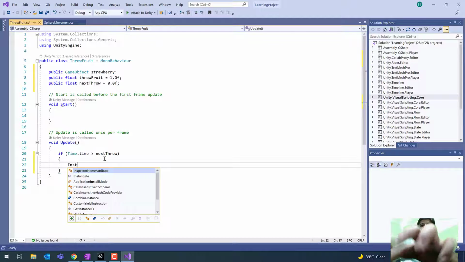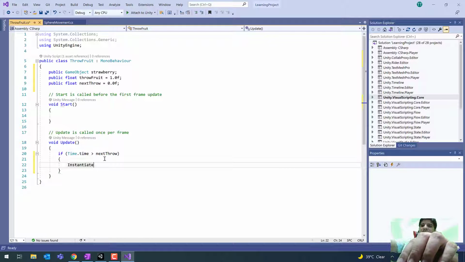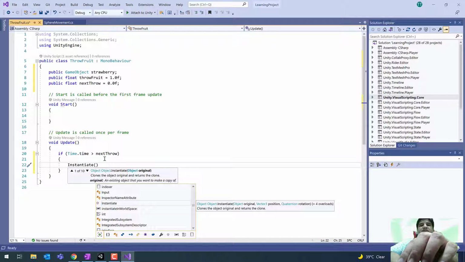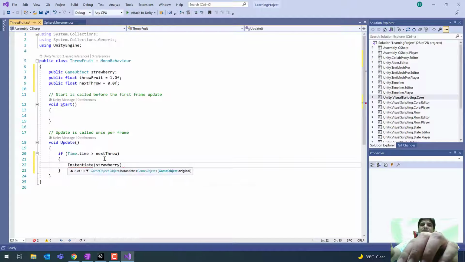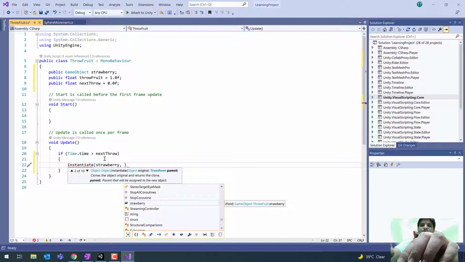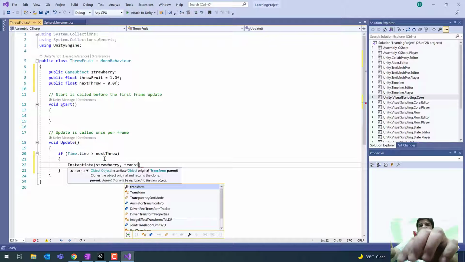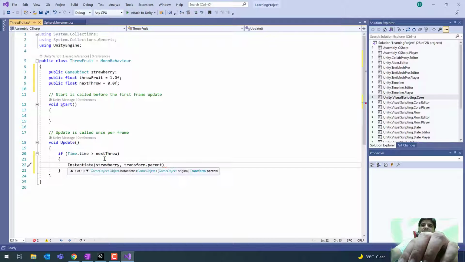Instantiate, as we discussed in our previous video sessions, what is the purpose of instantiate? The main purpose of this instantiate function is to generate a new game object. Which game object are we interested in creating? We are interested in creating a strawberry game object. What is going to be the position of this strawberry game object? The position is going to be the default one. So transform.position means take the default position,